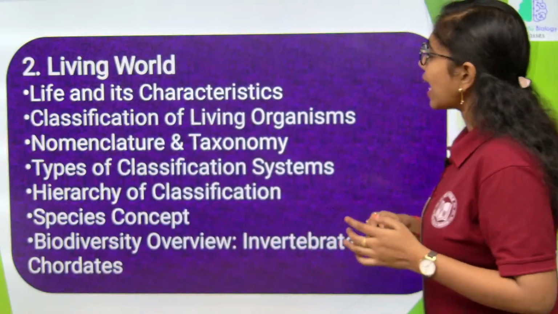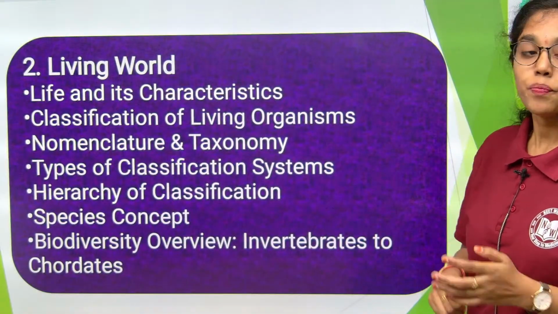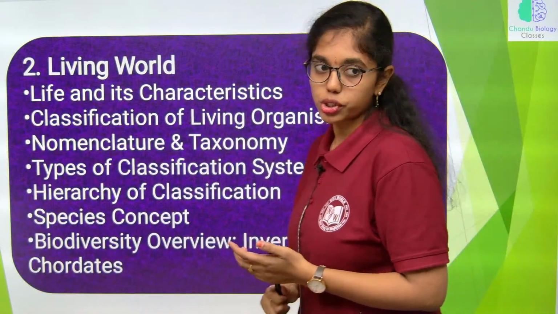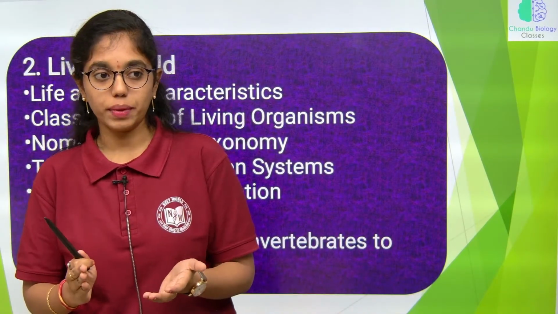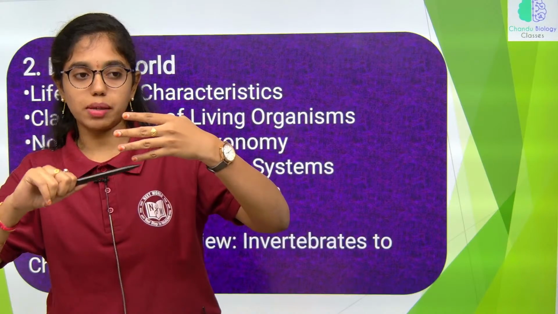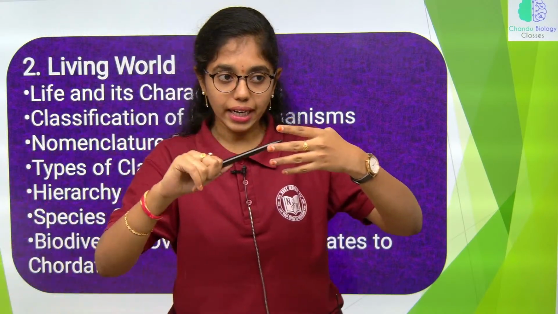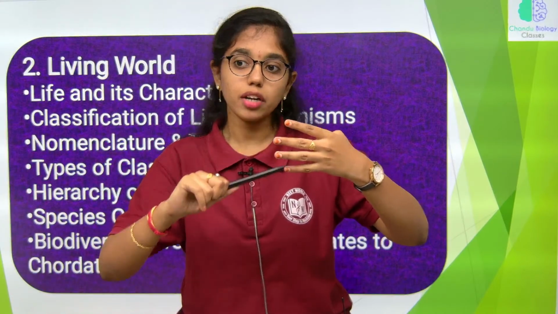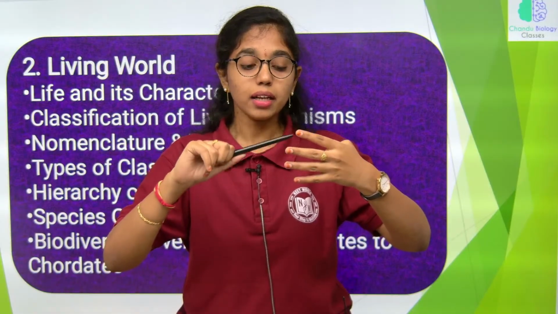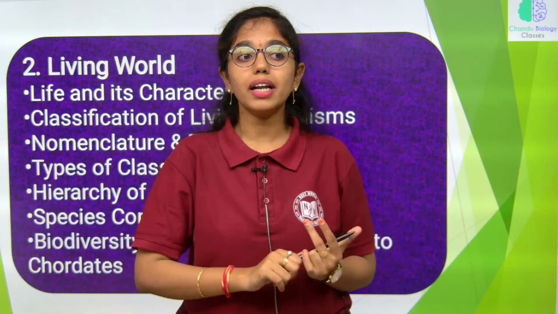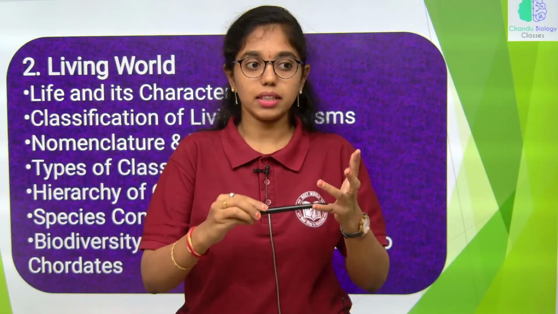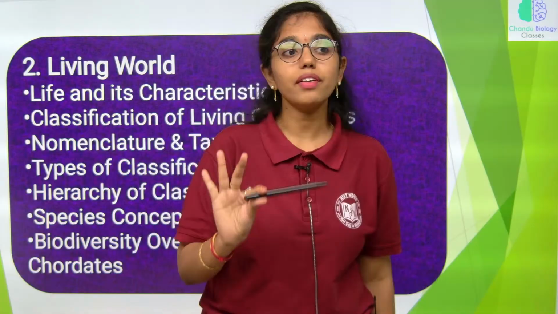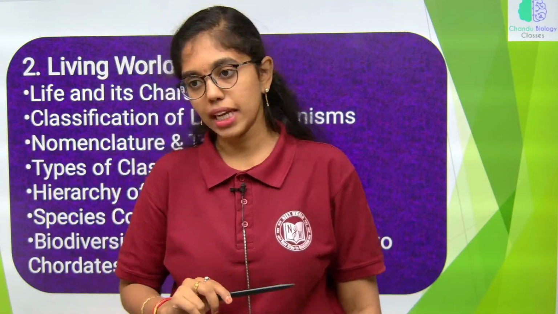And then classification of living organisms. When this concept comes into picture, we will learn the taxonomy and the types of taxonomy, where it is at 4 steps: characterization, identification, classification and nomenclature. In classification, we will be learning the 7 obligate taxa, okay, and the last is classification. In that we will be learning binomial nomenclature, okay.